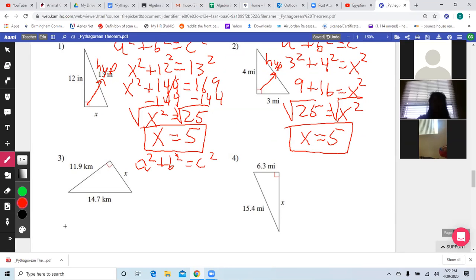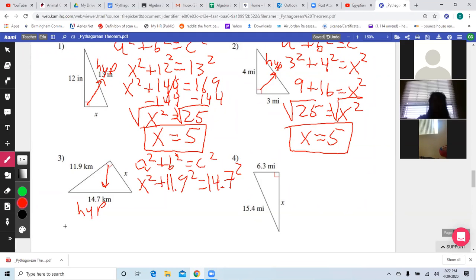You could just go straight into the plugging in step, but just make sure you are plugging in. Remember, across the 90-degree angle is your hypotenuse. It doesn't really matter which of the other two you make your a and which one you make your b. So this would be x squared plus 11.9 squared is equal to 14.7